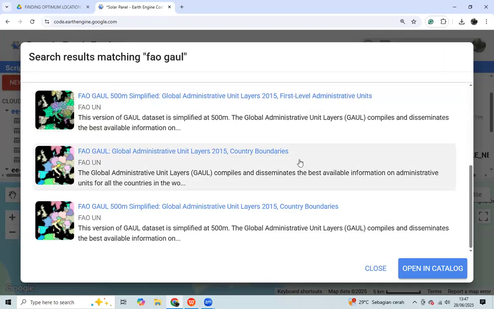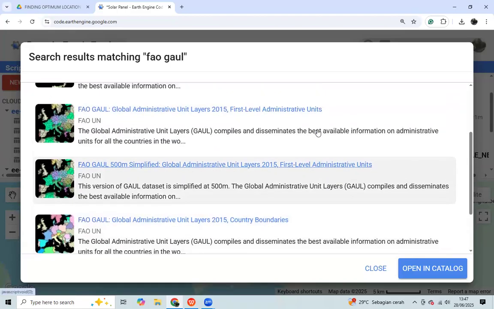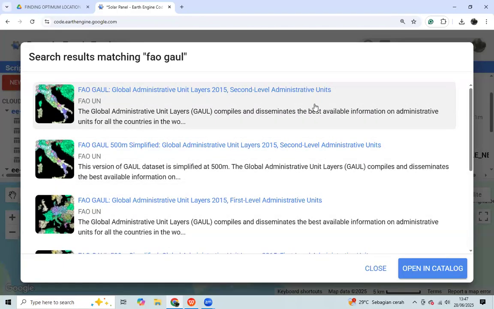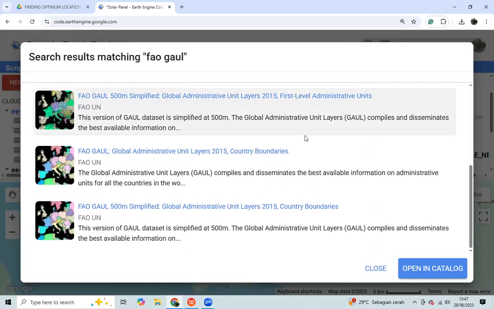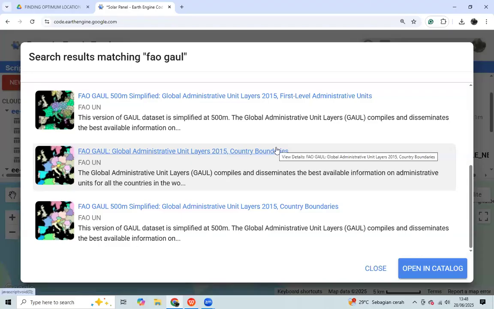We can use the country boundaries data of the first level or the second level administrative units. Today we will use the country boundaries. You can click it.